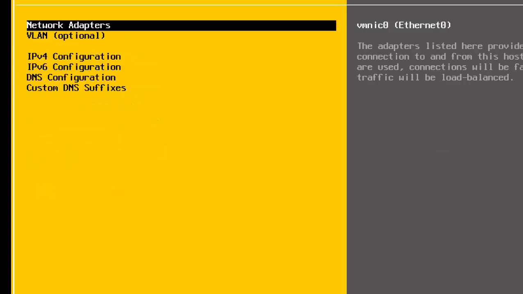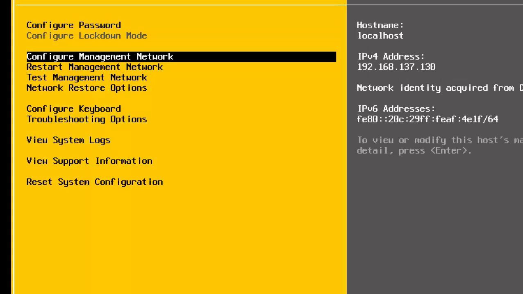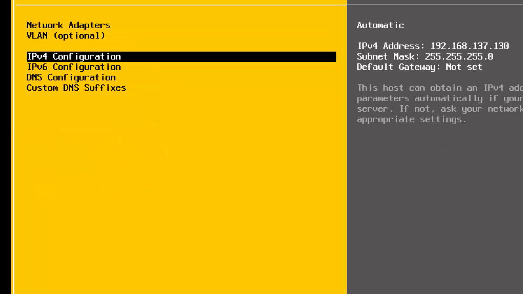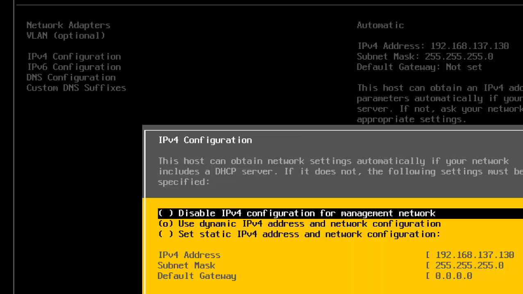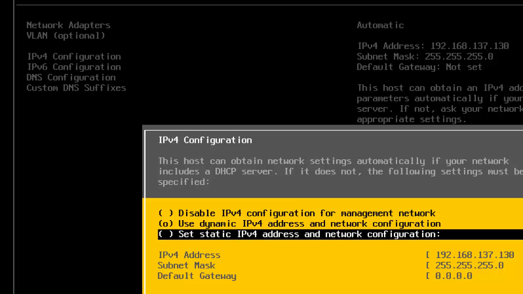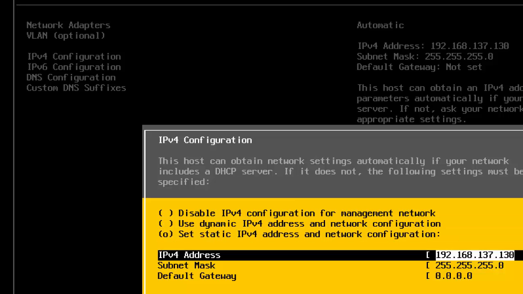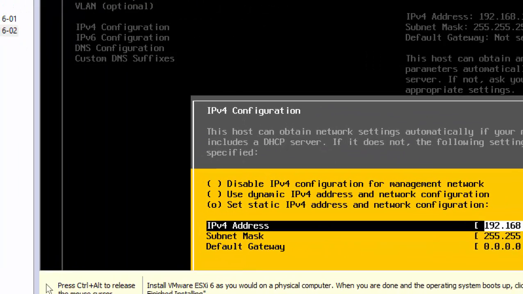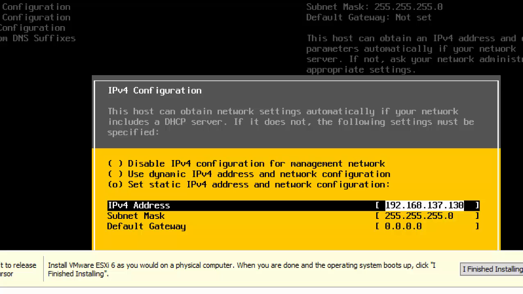Once we are inside the configure management network, let me know if you're falling behind or you're on any previous step. Let me know. So configure management network, right? Enter, and then go for IPv4 configuration like this, and then we just down arrow key to set static IP address. The static IP address of the second ESXi server is